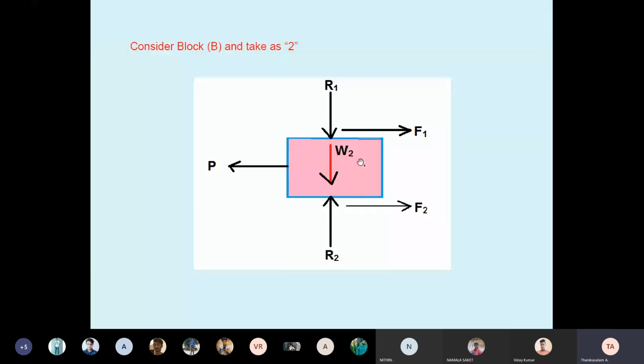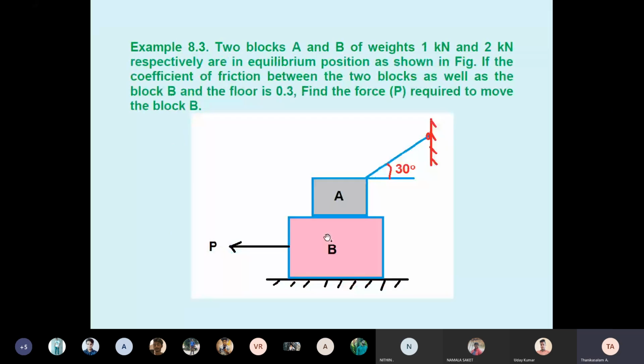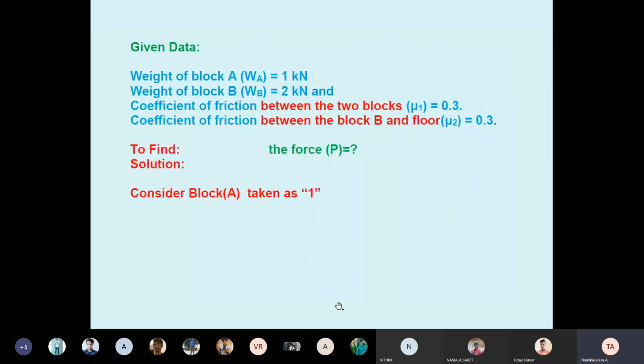Now the weight of the block is acting downward. Block B weight W2 is touching the bottom. Therefore, reaction acts upper side. Similarly, think about block B touching block A. Whenever there is contact, there is a reaction, so R1 also acts downward. This is the diagram. The block B is in contact at two places, so two reactions. B is touching the bottom, therefore R2 is upper side. Similarly, B is touching A, and that reaction comes downward. That's why R1. Why is R1 downward?